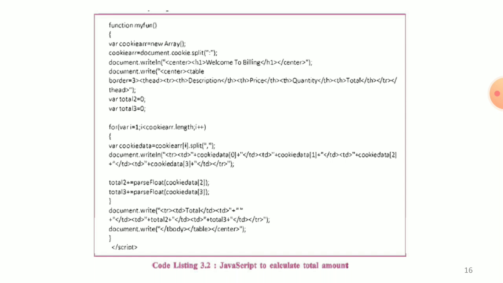Finally, the user clicks on the proceed to checkout button on the bill web page. This will ask the user to log in in case he or she is not logged in, or sign up to create an account. If he or she is not a registered user, the registration form can be created as I discussed in the earlier chapter. Later, the payment details can be entered as decided by the owner.